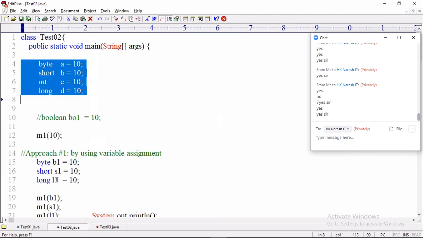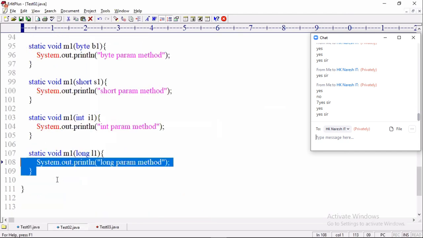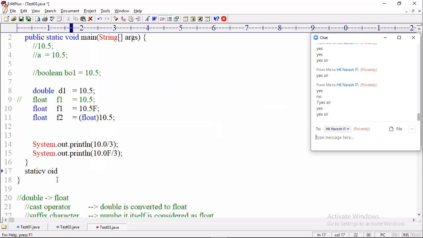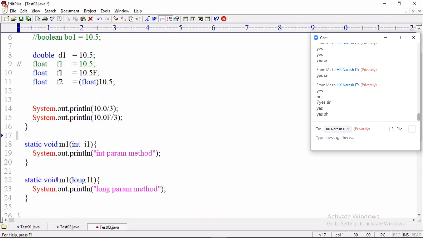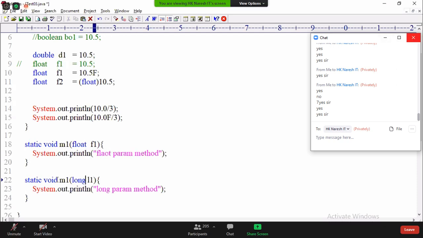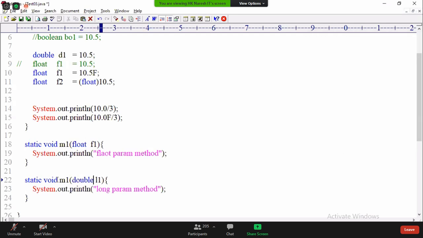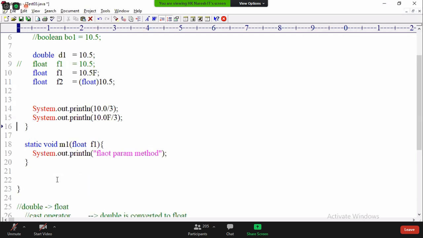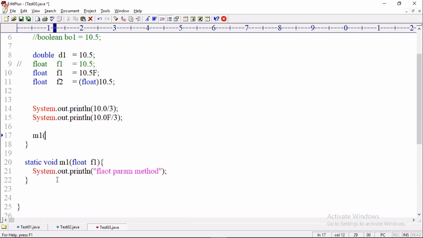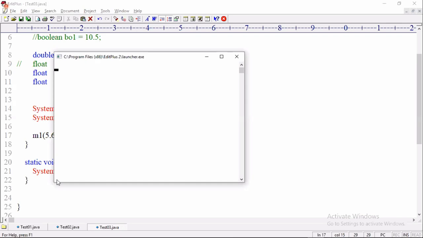Let me comment from here. Float param, and okay, double I will not write. First I'll write float only. I'm writing here m1 of 5.6. Then we get a compile time error.